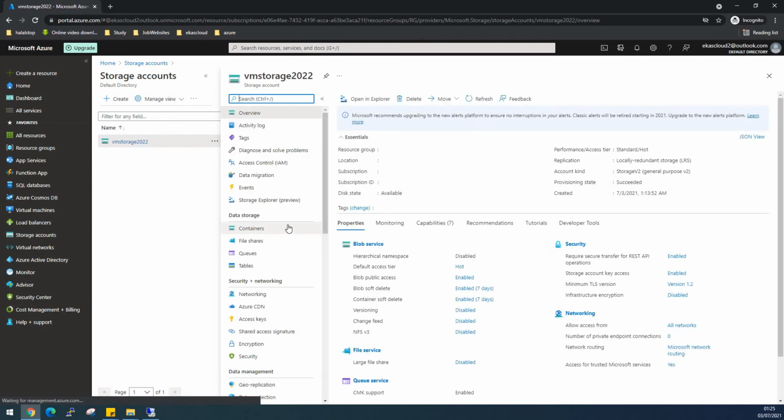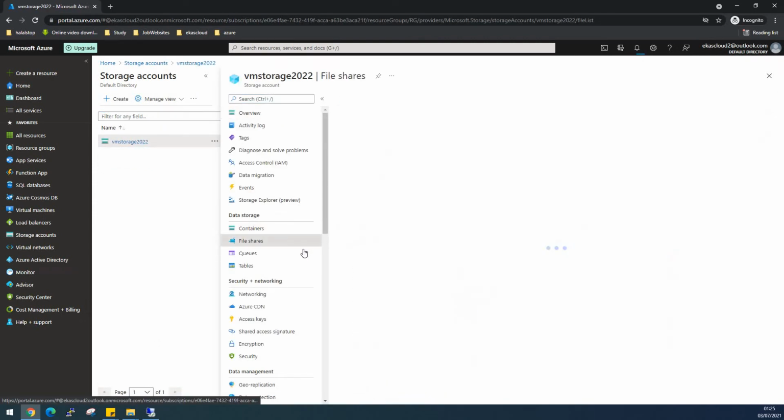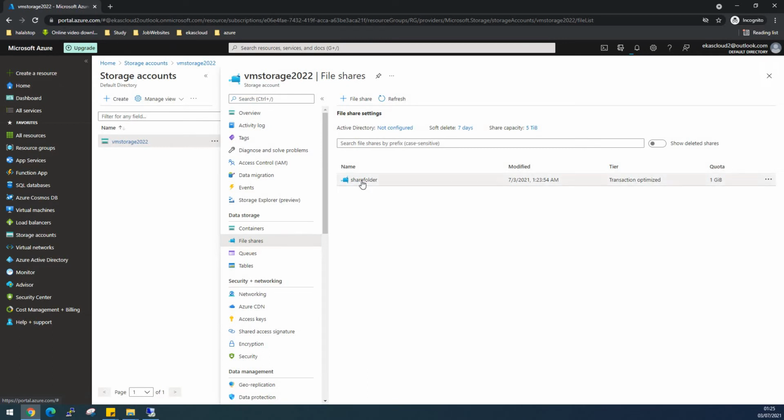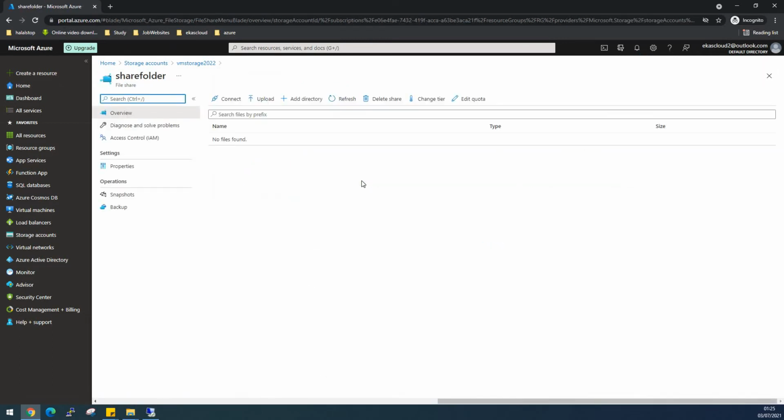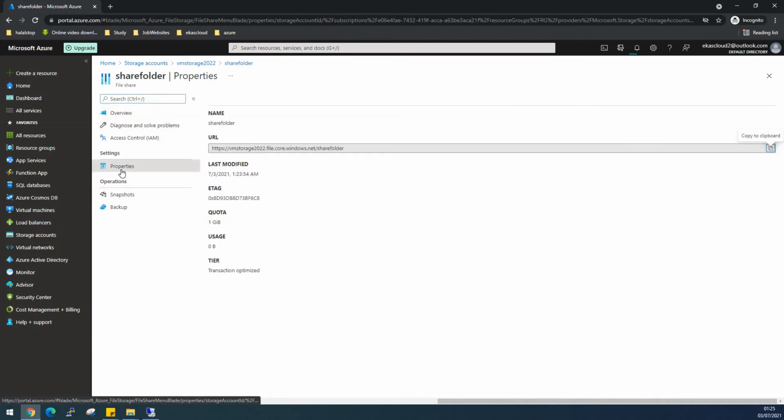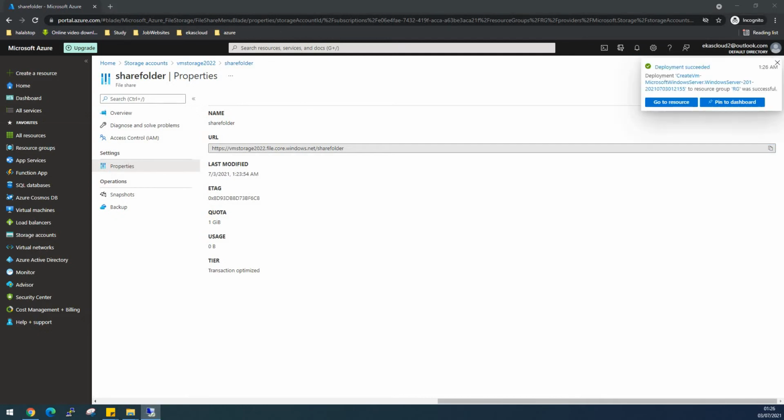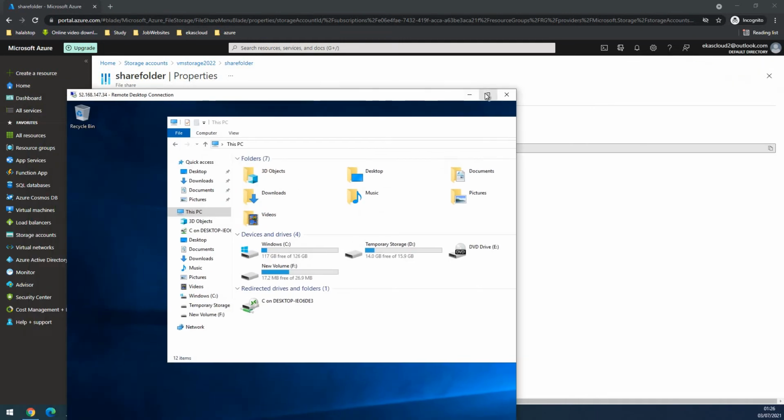storage account. Okay, the aim here is to get this share folder connected to both our VMs. So let's connect to the first one. We go into the share folder, we click on the properties. We need to get this URL from here. Let's do copy. Go to our first VM. Okay, our other VM is created as well. While it's doing it, let's go to our first VM